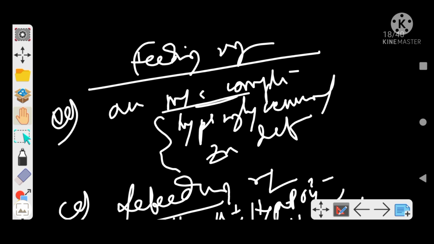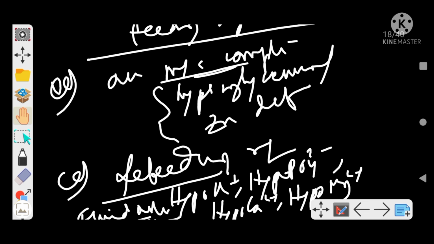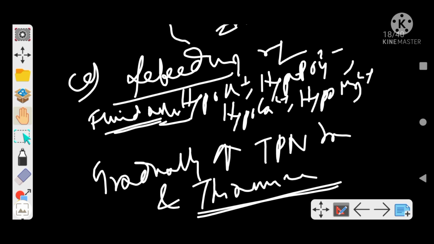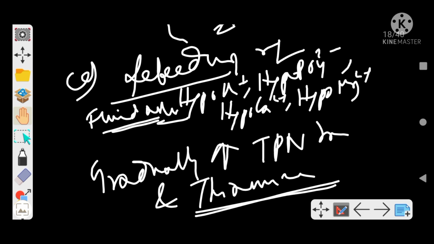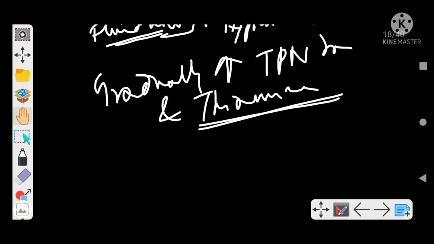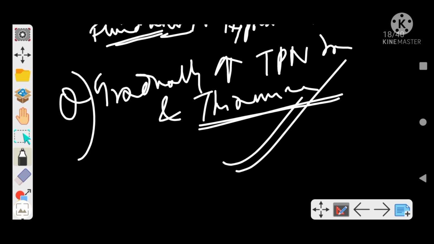Feeding regime: the most common complications are hyperglycemia from overfeeding, or zinc deficiency. Refeeding syndrome includes fluid overload, hypokalemia, hypophosphatemia, hypocalcemia, and hypomagnesemia. So what we have to do is gradually increase the total parenteral nutrition dose and give thiamine supplementation. Don't give the nutrition at once, just increase it gradually. These are the take home points, and I hope you will be benefited from this video, and we will meet in another